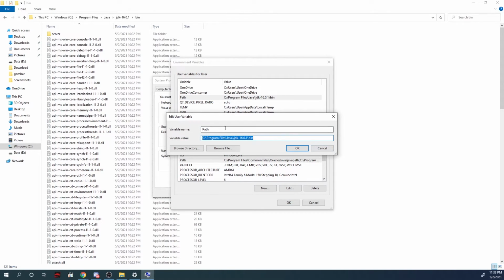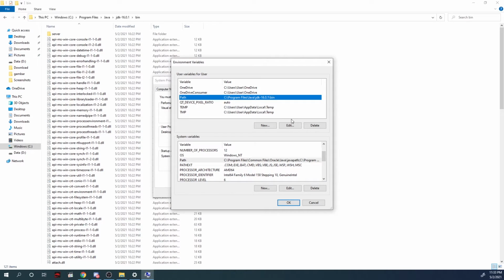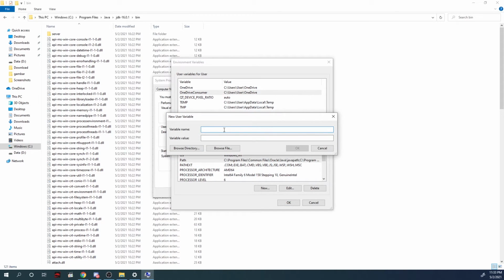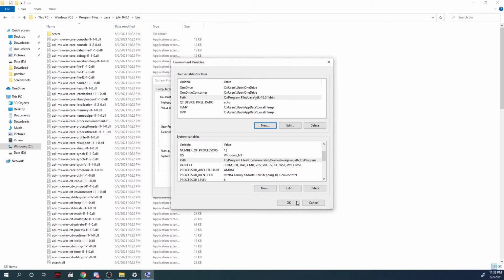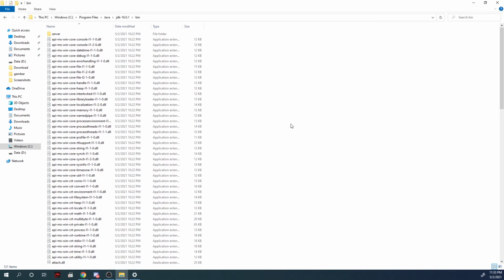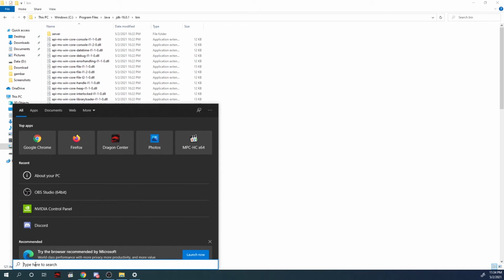make the user variable for the user path. So let me delete this. You can just make a new one and use the same name, Path, and then the variable value is the address, then click OK, OK, OK, and then you can just open cmd